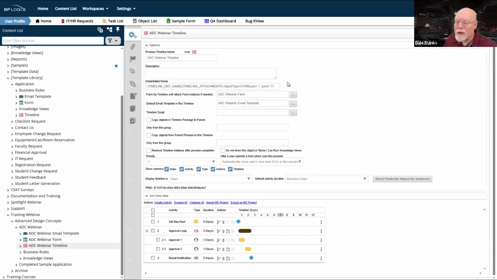Now, I have a corresponding property on the process timeline, which is the instantiated name property. We have a default that is actually, from an administrative point of view, I think pretty useful, because it shows me the name of the timeline definition, so ADC webinar timeline.